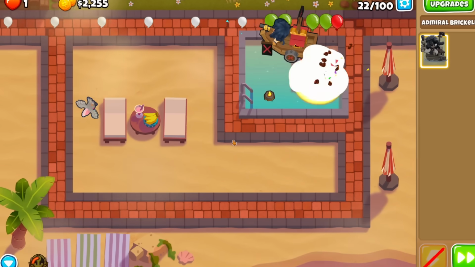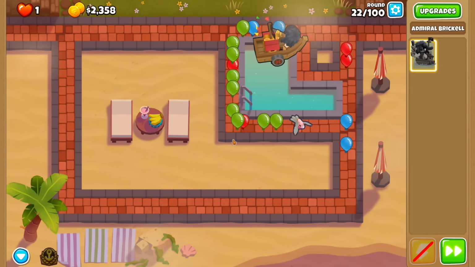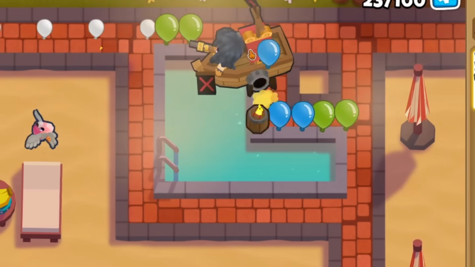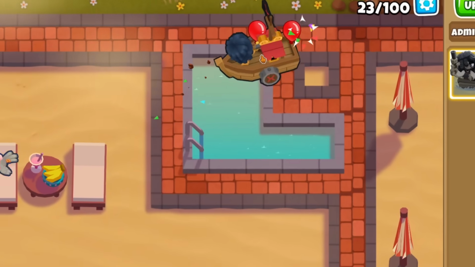I was a little worried about not having Brickell's level 3 off cooldown, but her pistol made this round quite easy as it brought every white down to 2 greens, which were very easy to deal with. Round 23 was basically the same, as it's just 7 black and 7 white balloons, but round 24 was a